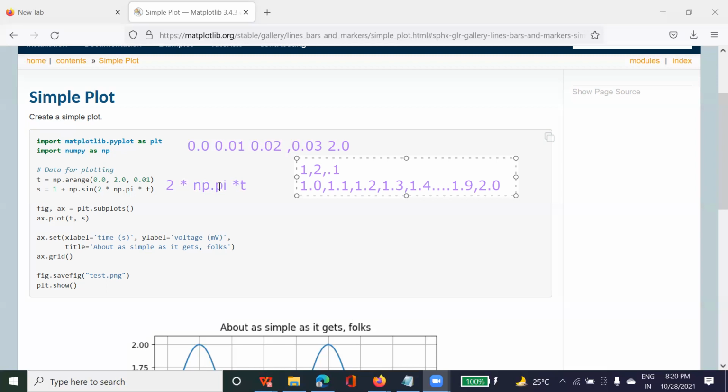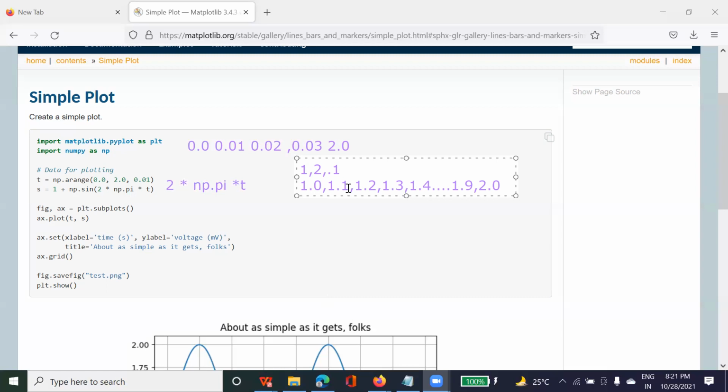Another question. You wrote here as an example the interval 1, comma 2, comma 0.1, right? 0.1 is the interval, right? Yes. So is it only 0.1 or should it be 1.1? No. Only 0.1 means every interval should have a difference of 0.1.